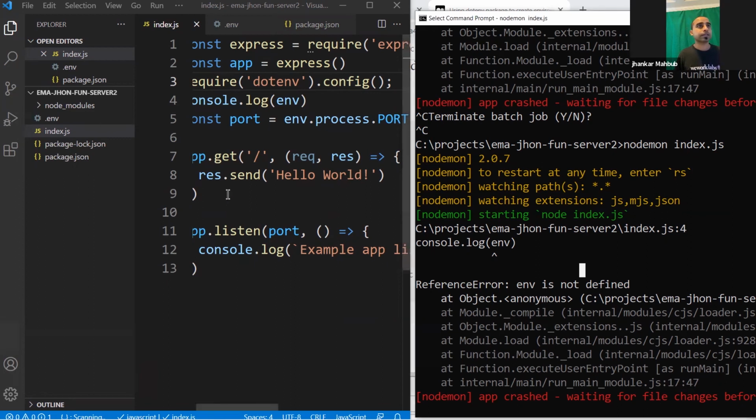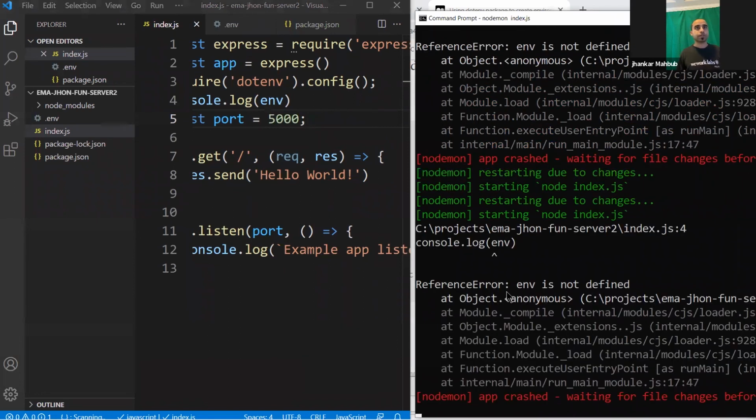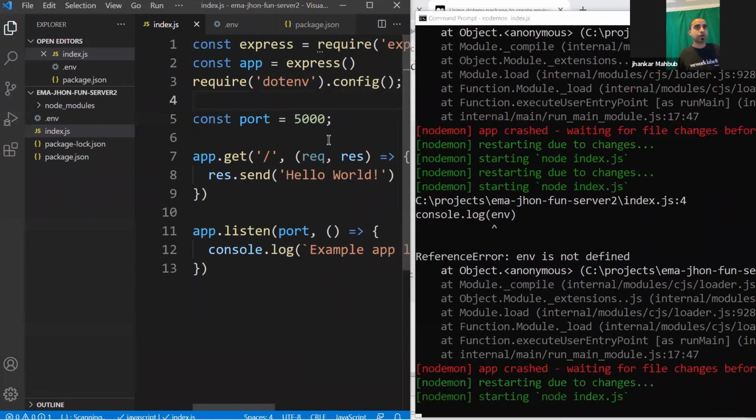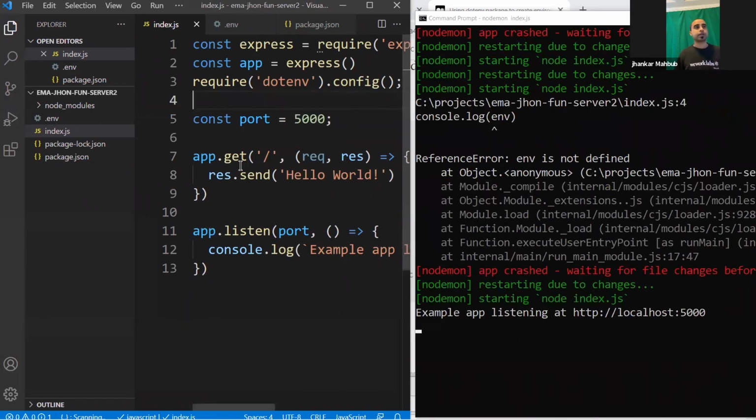Okay, let's skip this for now and we will come back to this. We don't need the port this way. So we do it this way, Control C, console log. Okay, local port 3000 is working,